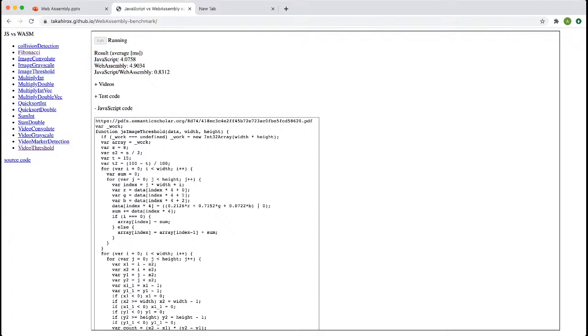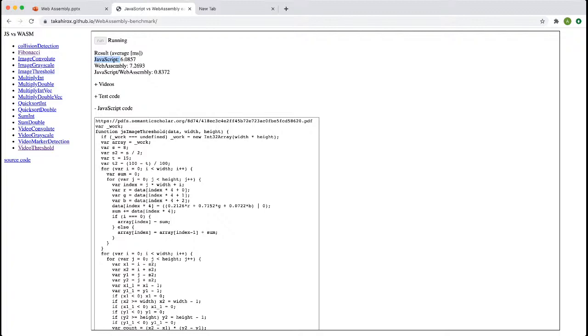WebAssembly is going to take 4.9 something, and JavaScript is doing the same task in 4.0, 4.1, which means JavaScript is leading and WebAssembly is lagging. So when we are doing mathematical components, WebAssembly has the upper hand, but when we are doing video conversions, JavaScript has the upper hand, because JavaScript has certain functionalities like WebGL that are natively built into its compiler.